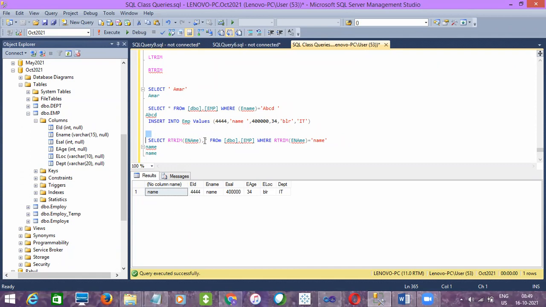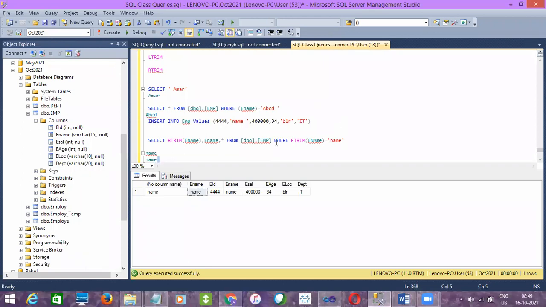So if you want, I can show you ename. Side by side, I'm executing two columns, where one is with rtrim and another one is without any trim functions. So if I execute now, here if I copy this one, this is the rtrim value, and if I paste it, you cannot see any extra spaces. If you paste this one now, you can see extra spaces. See, right? So that extra space it will remove.